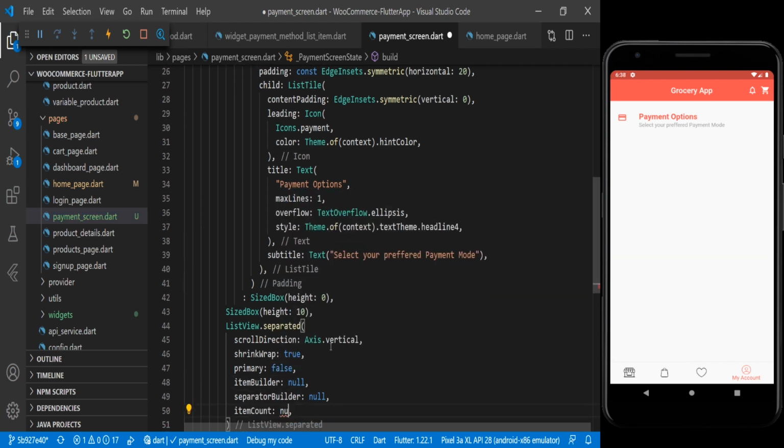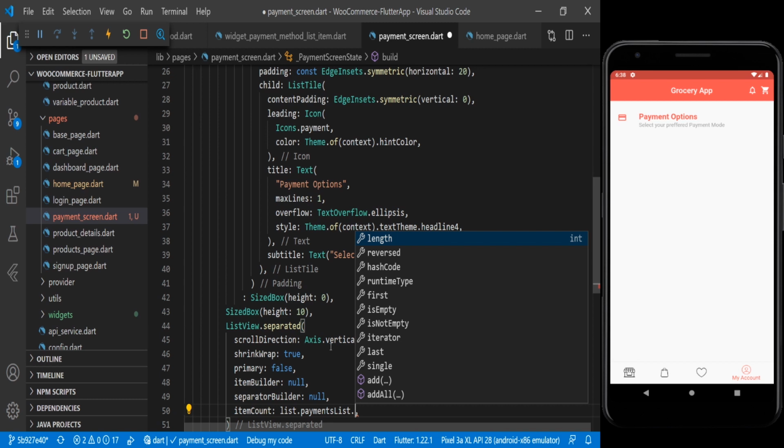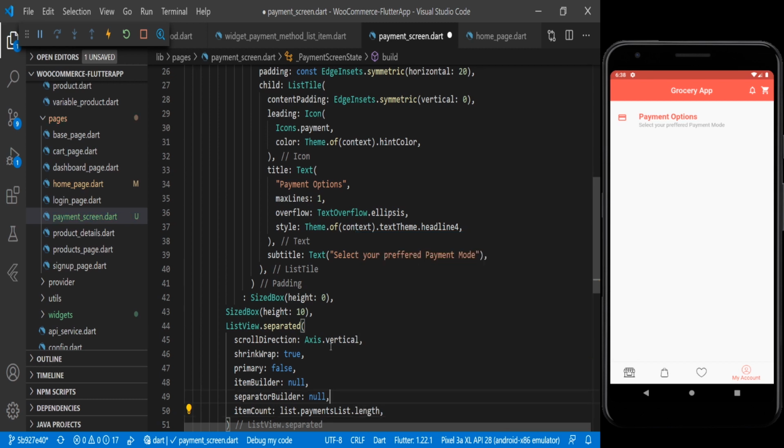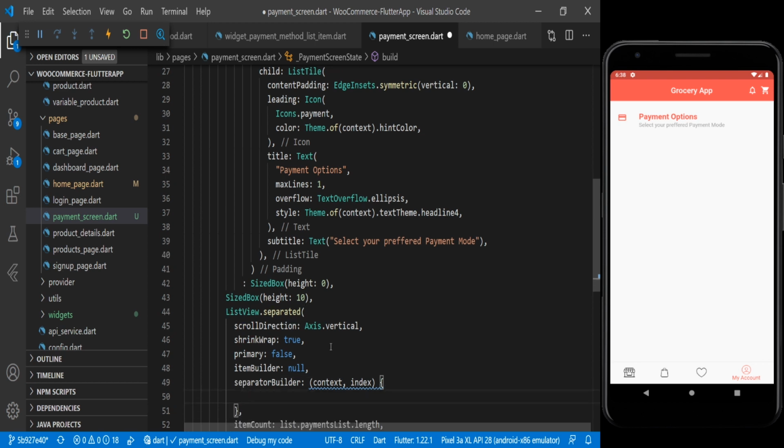Then we have the itemCount, and we are putting list.paymentList.length, and we have the separatorBuilder, and we are using context, then we have the index here, and here we will return SizedBox height 10.